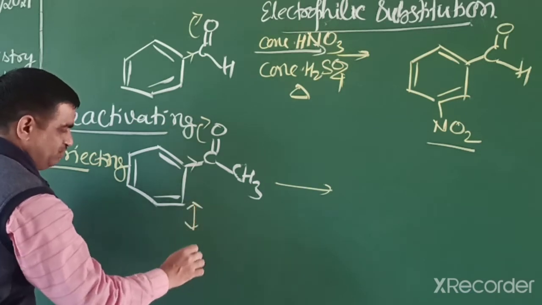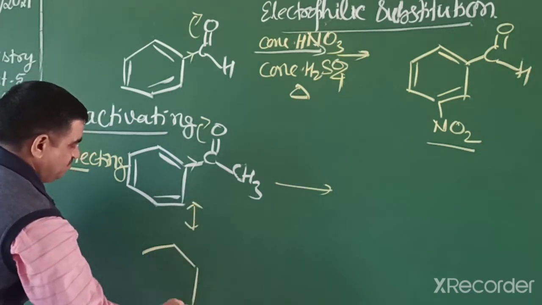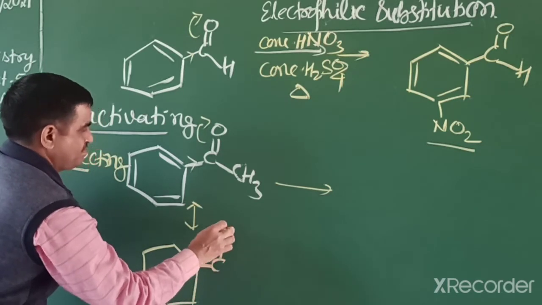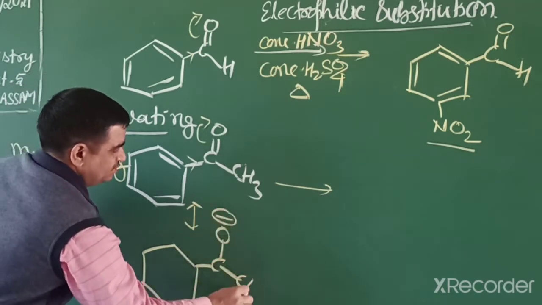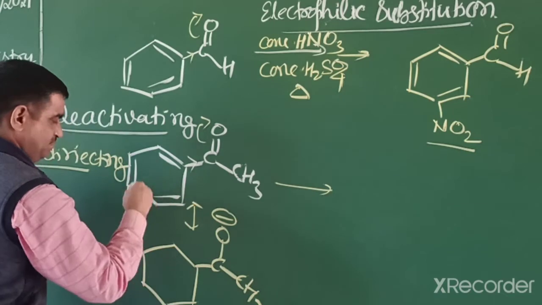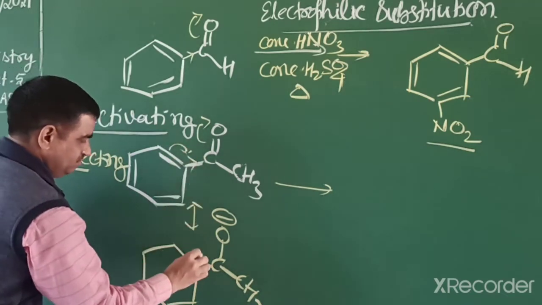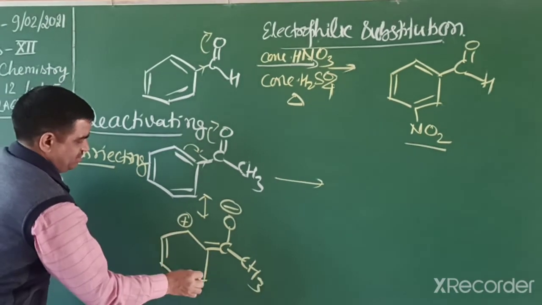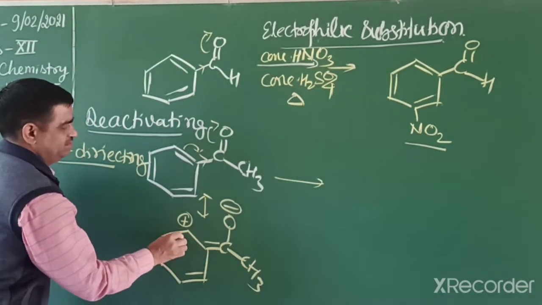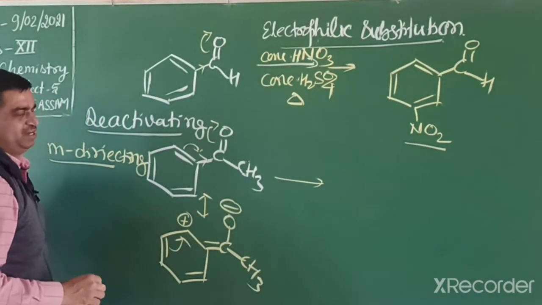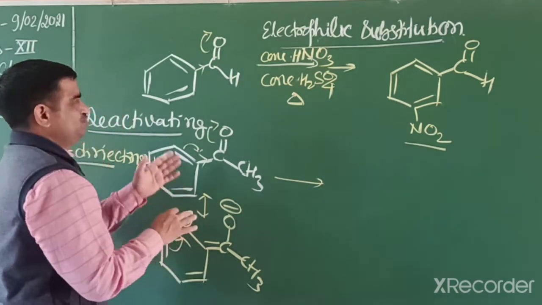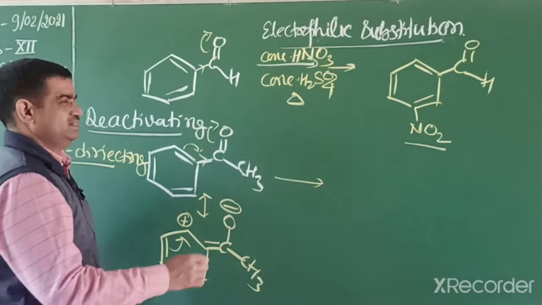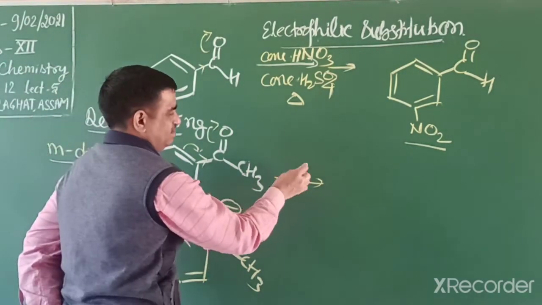In a similar way, ketones are also deactivating groups, because the carbonyl group removes electrons from the benzene ring. They can show resonance like this. We can draw the pi electrons moving towards this side, so we get a positive charge, and further this positive charge can move to the ortho and para positions, you can write. So if we apply different reactions, say Friedel-Crafts alkylation.